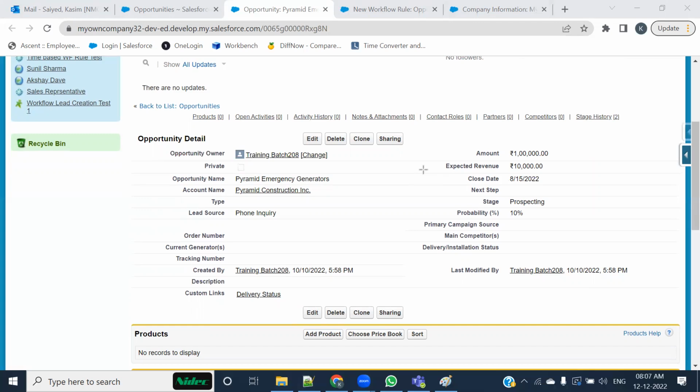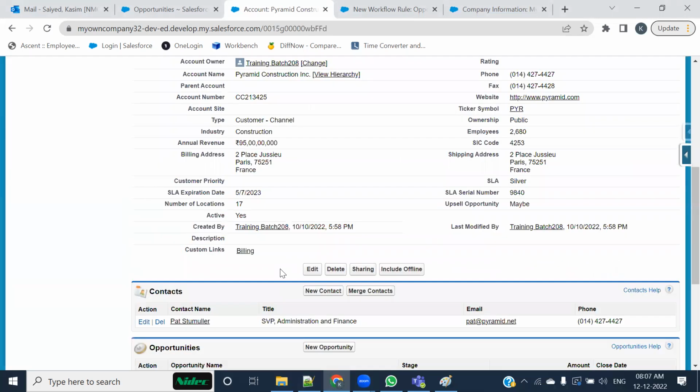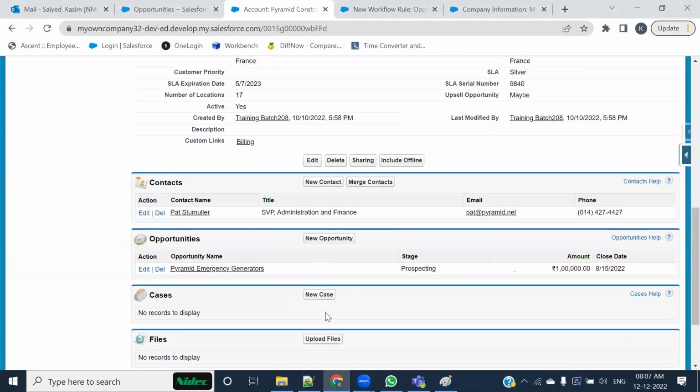Understand. See, what we exactly wanted to do. Let's first talk about that. Let's first talk about this. What we wanted to do. We want actually what we want to copy whatever the value